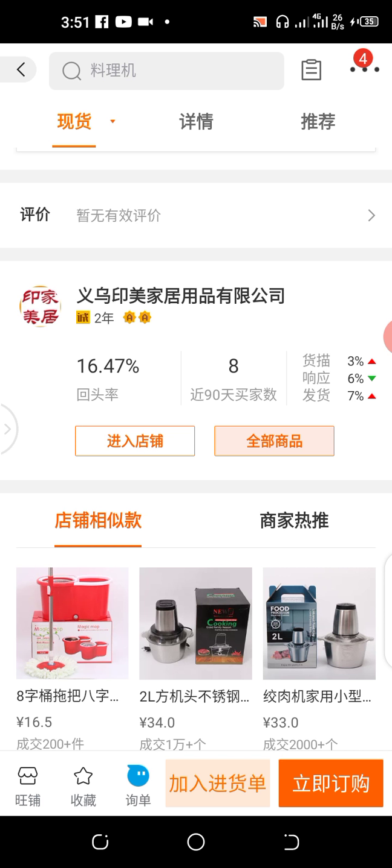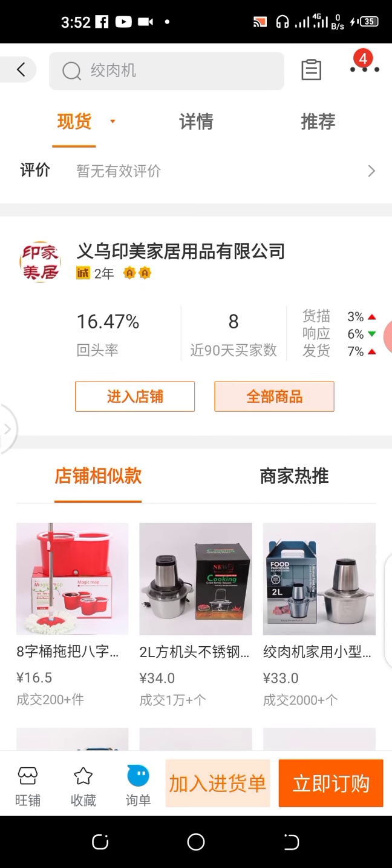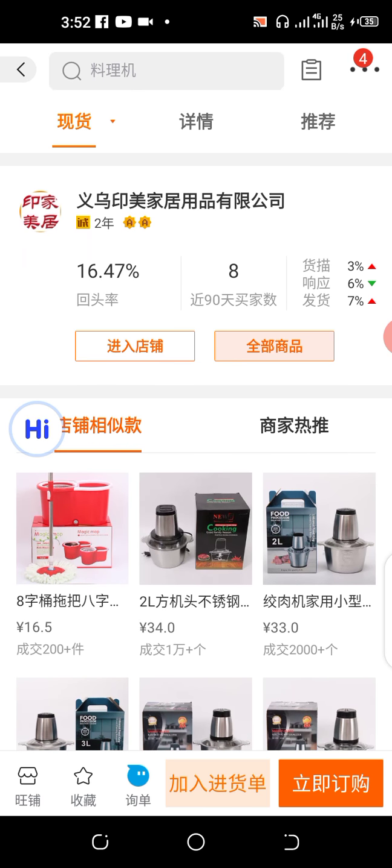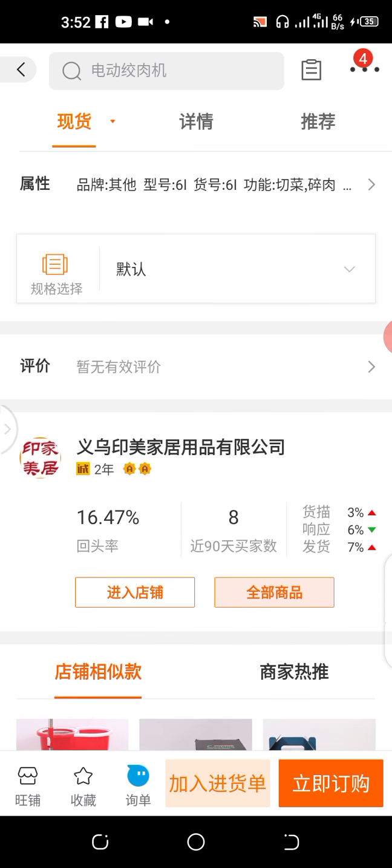Then from there we look out for the return rate, where we have 16.47%, which implies out of 100% of people who bought items from this supplier, 16.47% of them came back to purchase from this supplier. Then in the past 90 days, only 8 buyers bought goods from this supplier. And this supplier has been in operation for barely 2 years. And when it comes to cargo description response, you see that we have 3%, 6%, 7%. So let's see